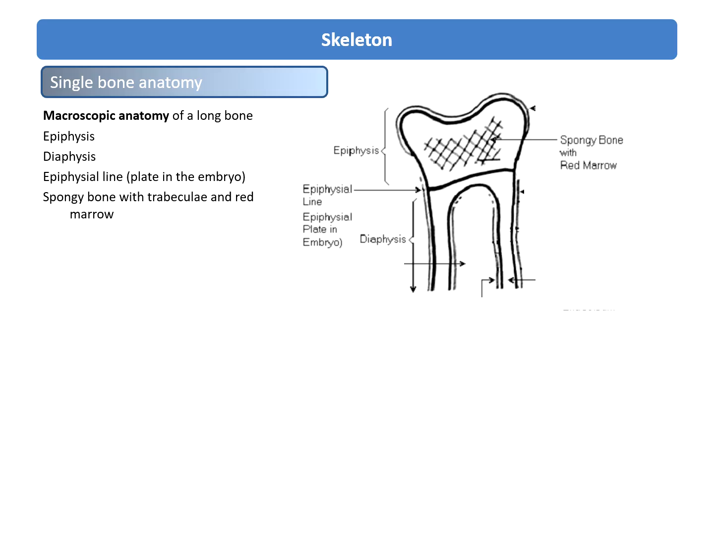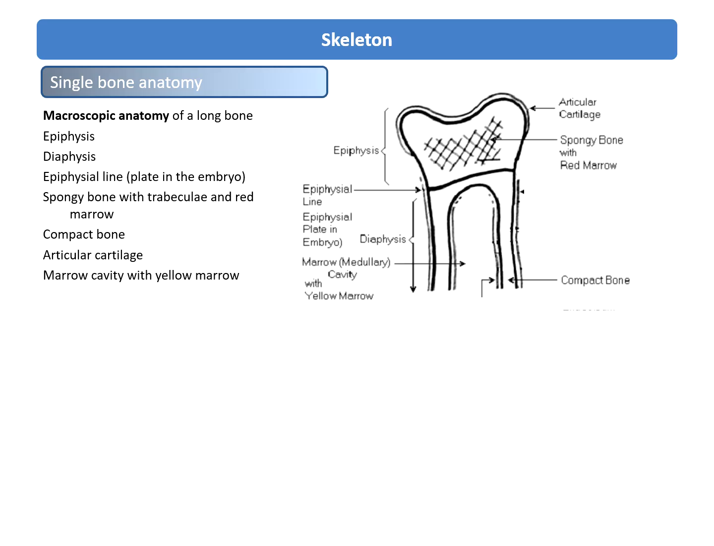Spongy bone with trabeculae, that is, bars and rods, and red bone marrow are found in the epiphysis. Compact bone makes up most of the diaphysis of the bone. Articular cartilage is found over the end of the epiphysis. The marrow cavity is filled with a yellow marrow of fatty material. A membrane called periosteum surrounds the bone,